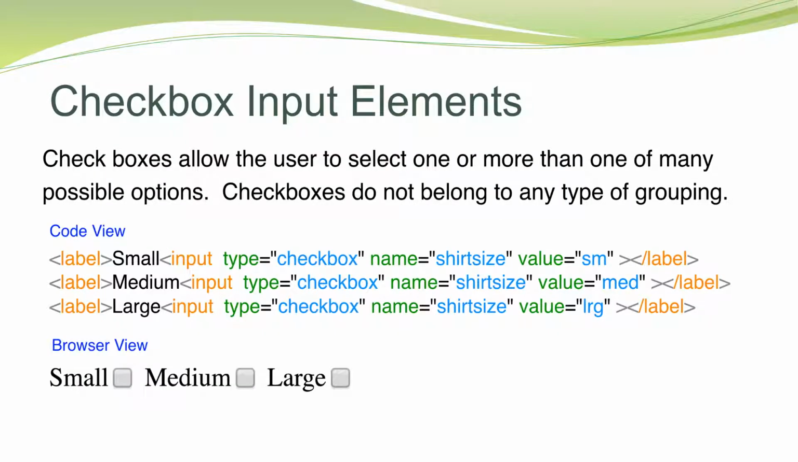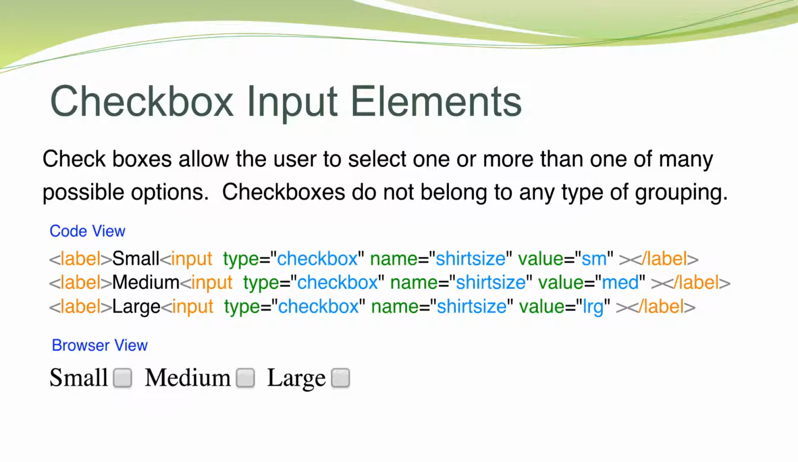Checkboxes allow the user to select one or more than one of many possible options. Checkboxes do not belong to any type of grouping. In the example below, a user can select one size of a shirt or all sizes of shirts. As you can see from the example, the checkbox is an input element with a required type attribute that has